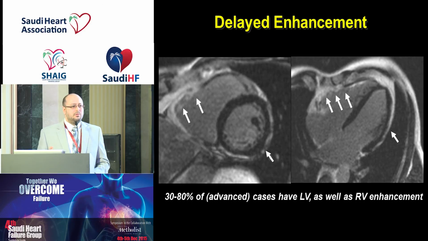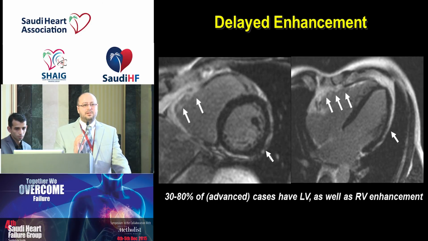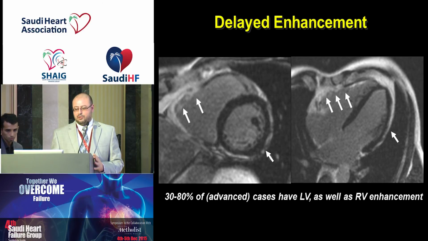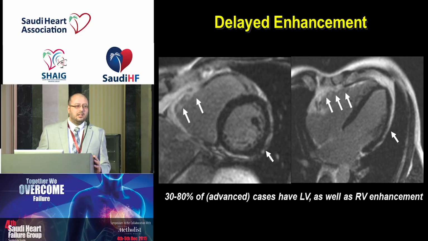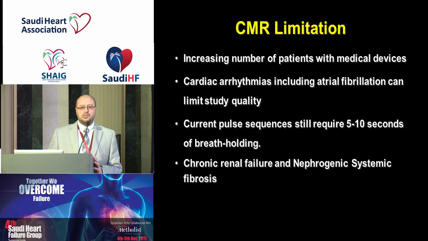And I have just one slide left. Obviously we cannot say that every patient with cardiomyopathy should undergo cardiac MRI, because there are still some limitations for cardiac MRI. There are a lot of patients with medical devices. Cardiac arrhythmias sometimes might limit our image quality, although we have some tools to deal with it. And sometimes the patient, if they are really too sick, cannot tolerate cardiac MRI, although we are working hard to simplify our exam and make it much shorter. And also chronic renal insufficiency has been associated with nephrogenic systemic fibrosis